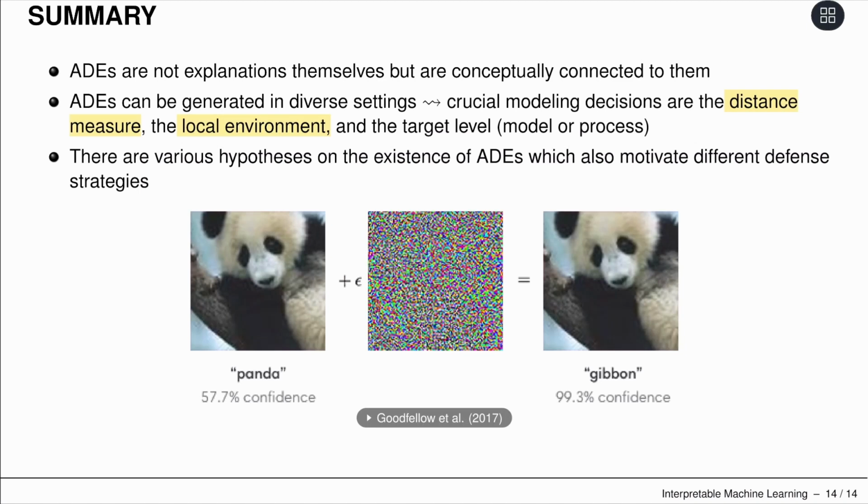There are different kinds of hypotheses we discussed already for the existence of ADEs, and that also motivates different kinds of defense strategies that we try to avoid